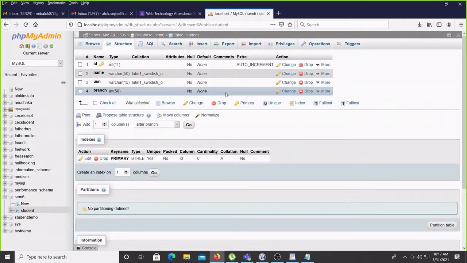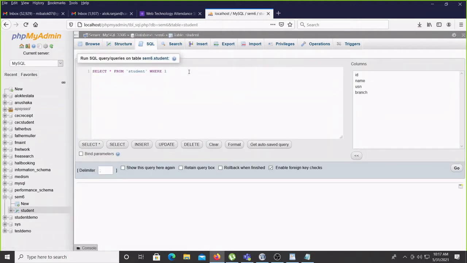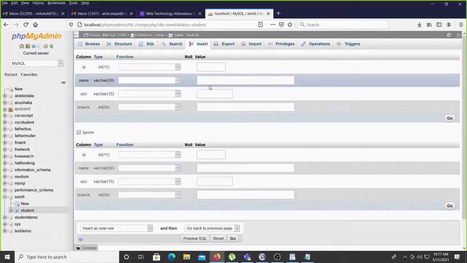Now in this table, from the backend only I am inserting the value. Later we'll see it from the application also. For inserting the value, there are two options: either with the help of a query you can insert, or with the help of the insert tab here also we can insert. So suppose I am inserting from this place.